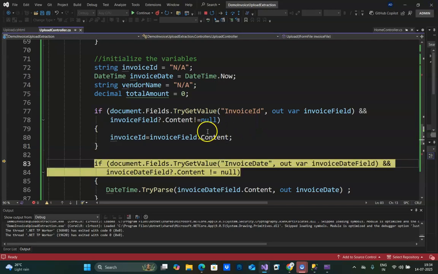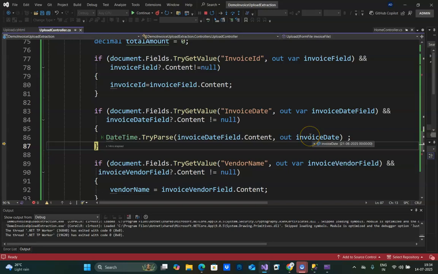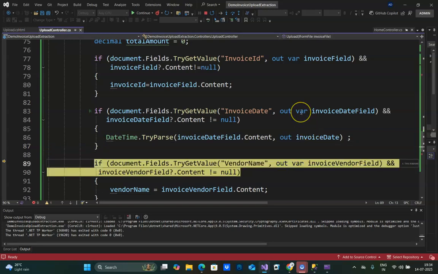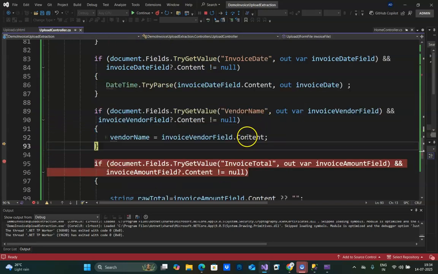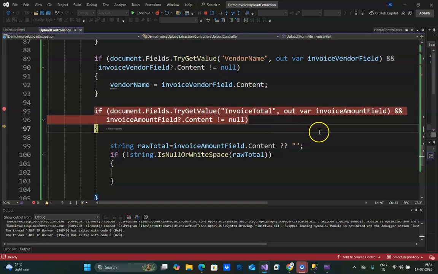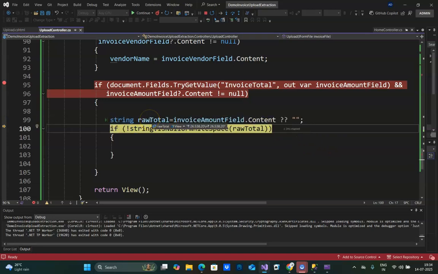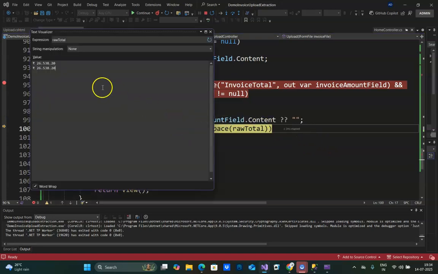Now let's move further. Let us also extract the date. Yes, the invoice date is also extracted. Let us move ahead and select the vendor. So here, Right Text Solution. So everything works fine, and here is where we now need to work on the amount. Let me show you what happens. If you can see the value here, there are two values displayed. Let me show it to you here,